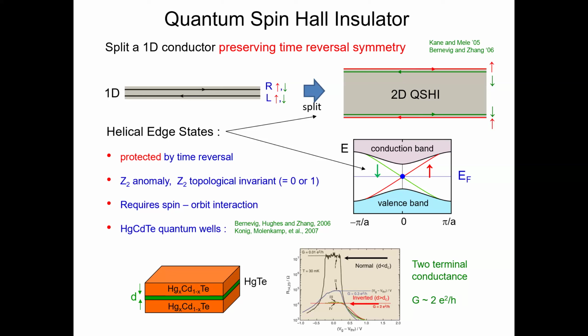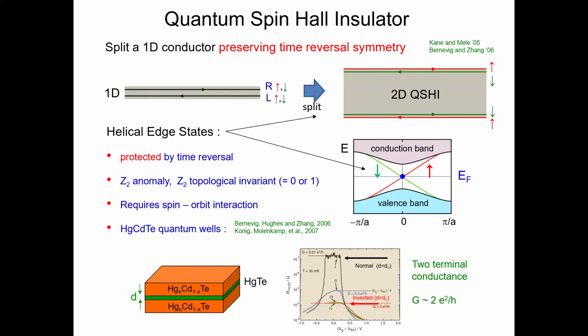So now of course I have to have electrons that have spin up and spin down. In my original one-dimensional wire, I have up spins and down spins propagating this way or this way. And now you can see how to split it in half. You can split it in half by having, on the top edge, the up spins moving to the right and the down spins moving to the left, and the opposite on the bottom edge.